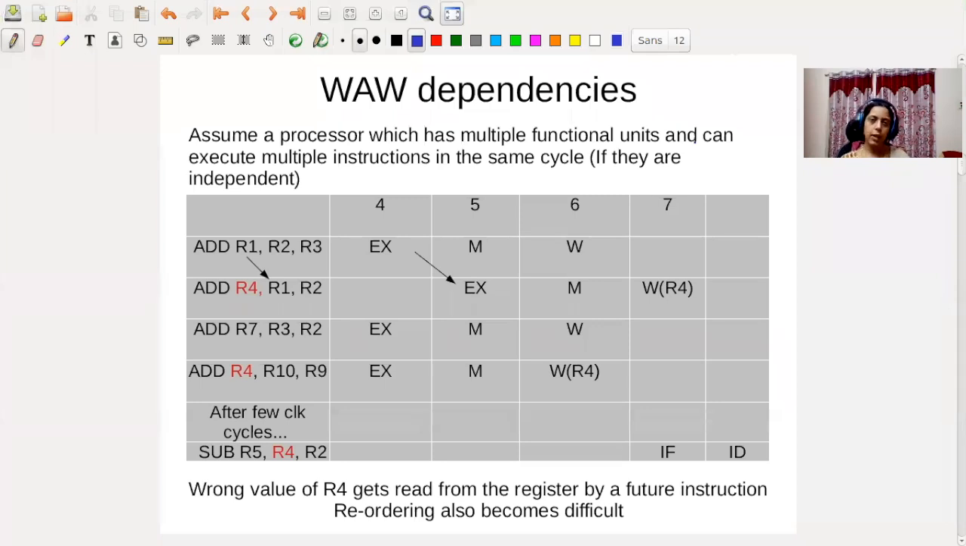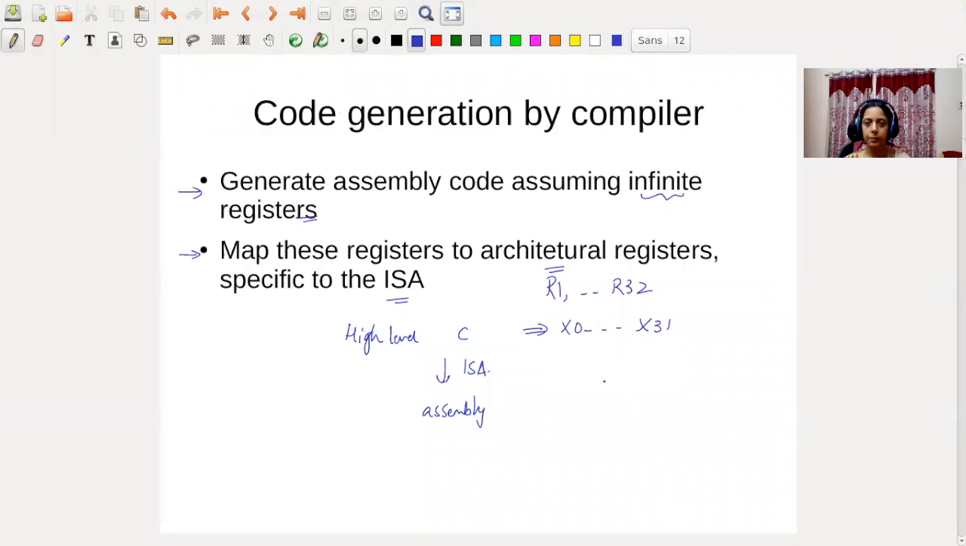Okay, so with this background, let us now look at what is called a write after write dependency, or hazard, and then how we resolve this with the help of register renaming. So now the compiler has produced this code, and let us assume that the processor has multiple functional units. Which means that if you look at IF, ID, it has multiple functional units. So it has EX for, let's say, for example,